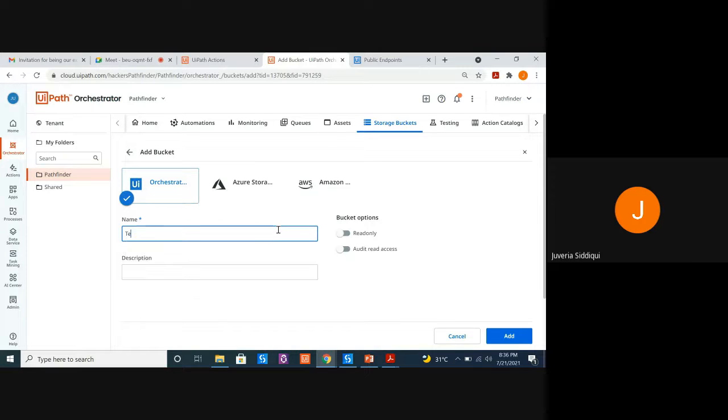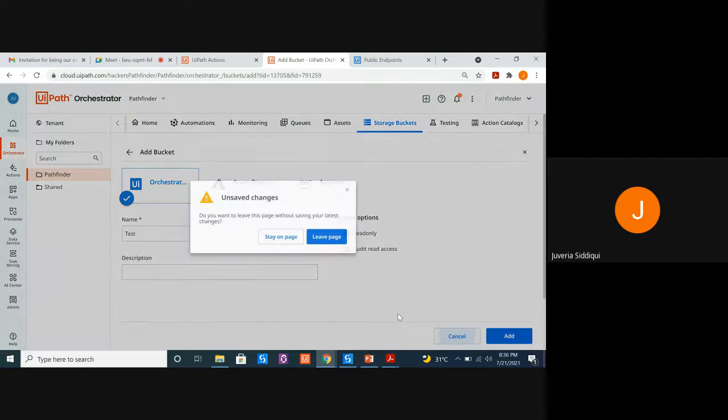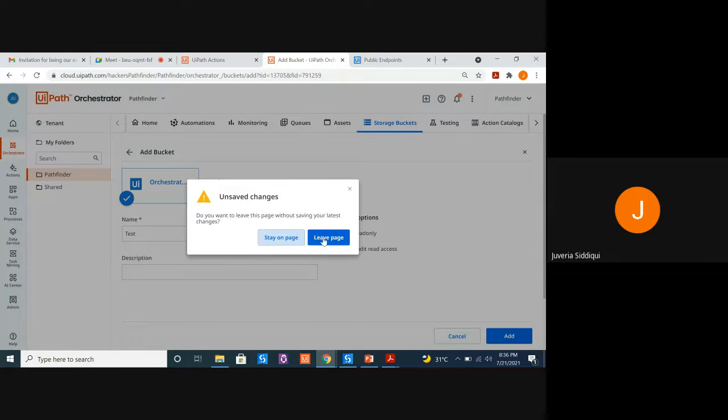Maybe let's give test again. Give a meaningful description. If you're working in an organization and you don't want everyone to be able to manipulate your folders, you can tell at the properties level whether you want to give complete access to a folder or just read access. It's very similar over here. If you want to give read-only access, just toggle the button. It's as simple as that. So this is a storage bucket. I'll tell you where it is used.